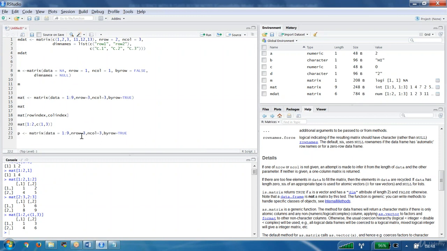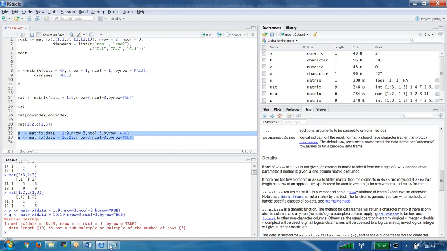P is a matrix with the values, let us say, 1:9. Now I am trying to take one more matrix called Q. Q is a matrix, and let us take the elements 10 up to 90. Now we are trying to close this bracket. Let us execute these two things so that we get the result. What is the issue?